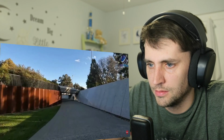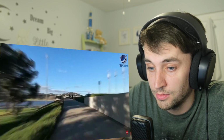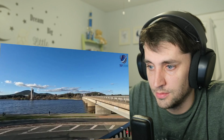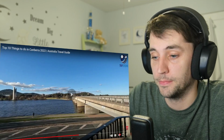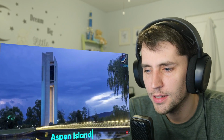Looking for things to do in Canberra at night? Book a dinner cruise on the MV Southern Cross and see the twinkling lights of the city as you glide around the lake feasting on gourmet food. That can't be cheap. 6 islands lie at its centre, the largest of which is Aspen Island, home to the